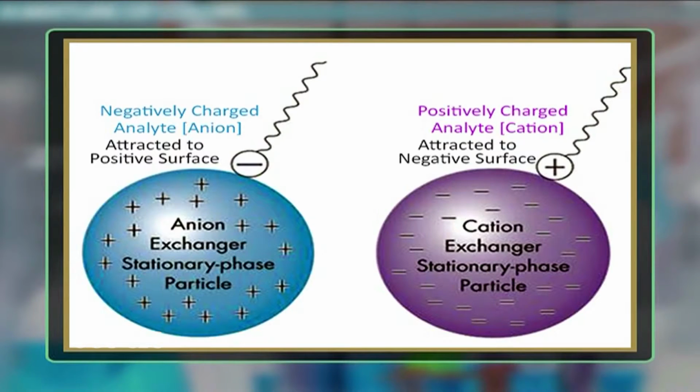Separation is based on the binding of analytes to positively or negatively charged groups which are fixed on a stationary phase and which are in equilibrium with free counterions in the mobile phase, according to differences in their net surface charge. Ion exchange chromatography involves separation of ionic and polar analytes using chromatographic supports derivatized with ionic functional groups that have charges opposite to that of the analyte ions. The analyte ions and similarly charged ions of the eluent compete to bind to the oppositely charged ionic functional groups on the surface of the stationary phase.